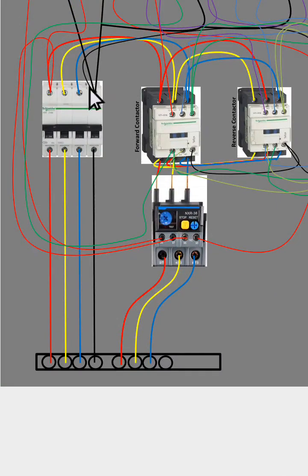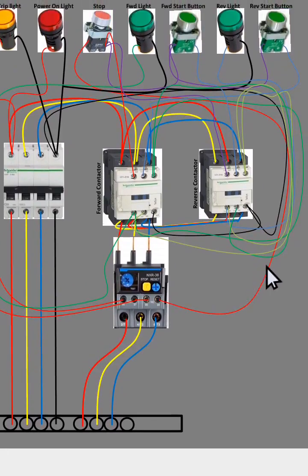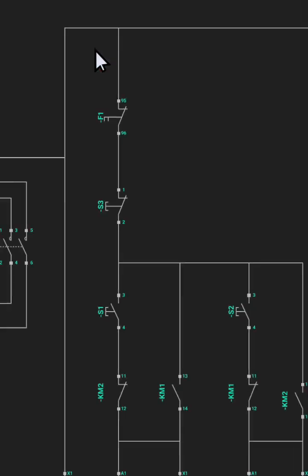Okay, now the output from our overload, which is this, let's see where it goes. It goes to, that's this red light. It goes to the input of the stop button. And let's look at it. The output of our overload, look at it. It goes to the input of the stop button. You see it. Now the output of the stop button goes to 4